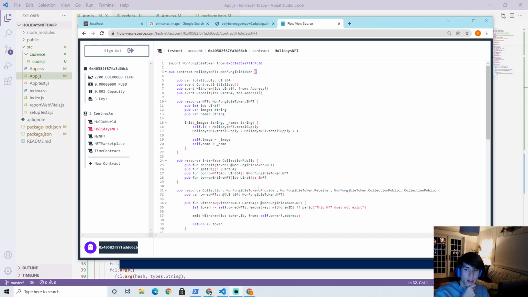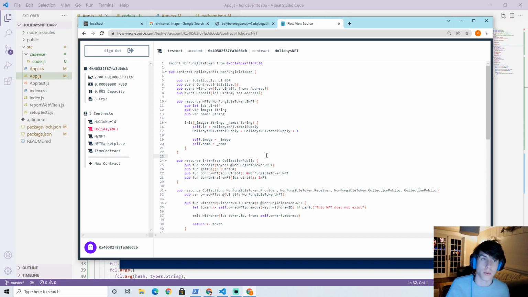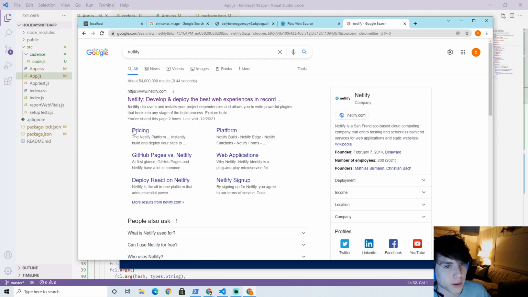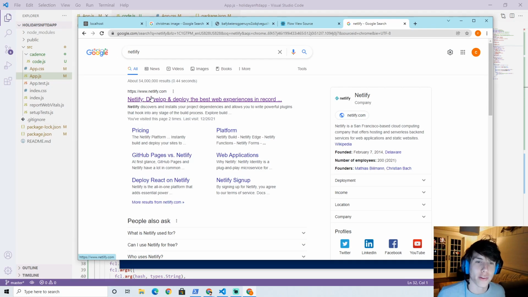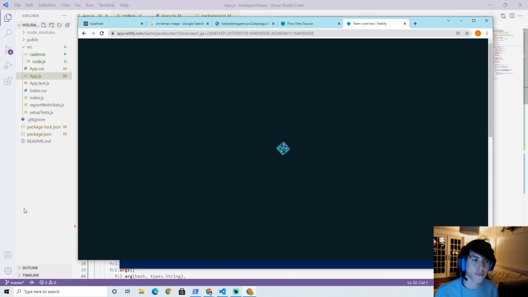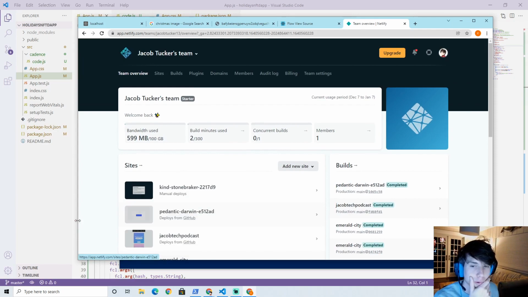So in order to do that, we're actually going to use something called Netlify, which is a tool that lets us deploy our projects to a service, which is really awesome and for free. So Netlify, if we look this up, and I'm not sponsored, although I wish I was. So we're going to click on Netlify, and what we can do is upload our projects to Netlify, and it'll deploy it for us, and we can send a link to our friends and family to mint their own